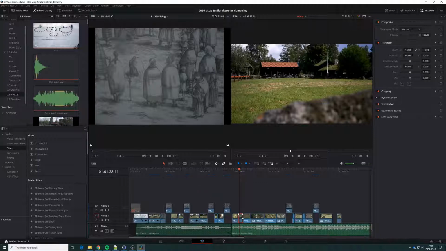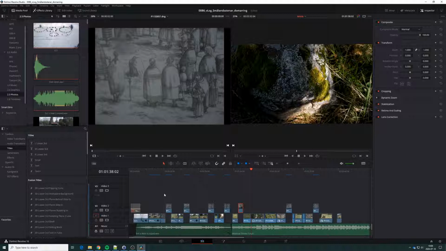What I did now is, if you have a clip chosen, you can push Alt and use the arrow keys to move it between the different video tracks. And that's something that's very handy because then you don't have to use your mouse and move them sideways as well. It's just up and down. It's a good way to change them. So what I've done is these here are the pictures. So I know